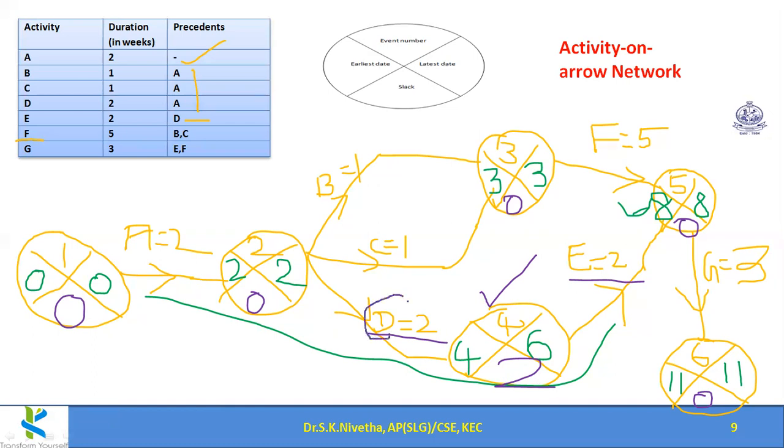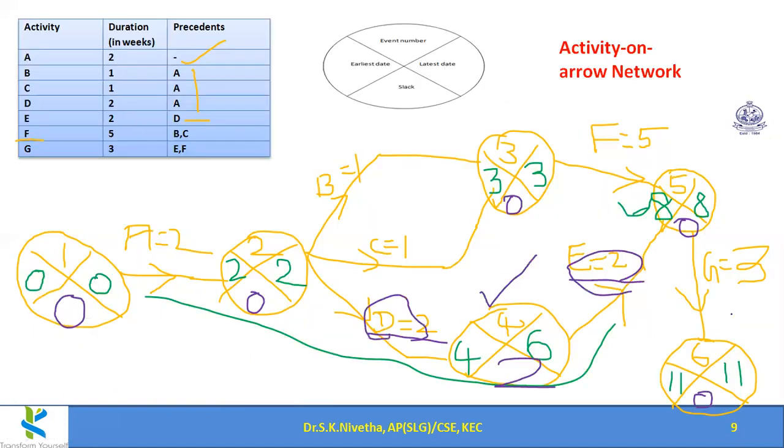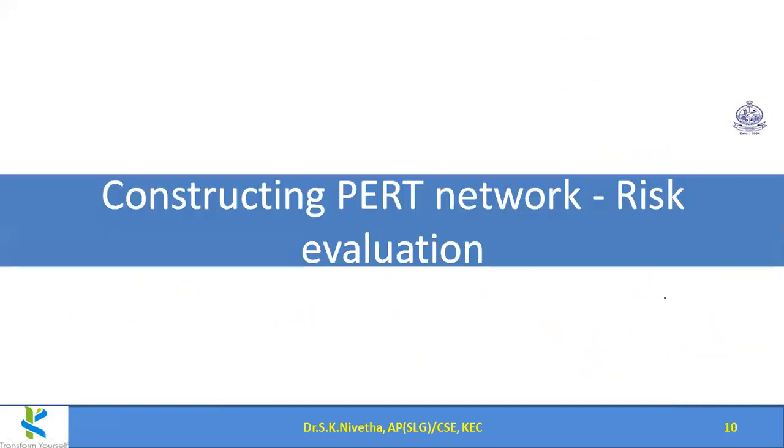Okay, so this also results in a similar outcome. You could see this diagram gives us the overall schedule as 11, and this also gives us the overall schedule as 11. So we shall try extending this activity on arrow network. A, B, F, G is also a critical path. A, C, F, G is also a critical path. A, D, E, G is not a critical path. So both are giving the same result.